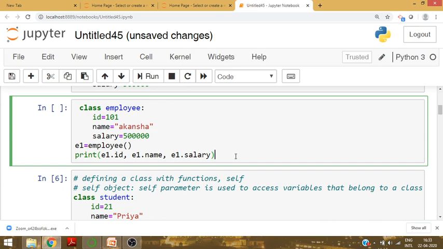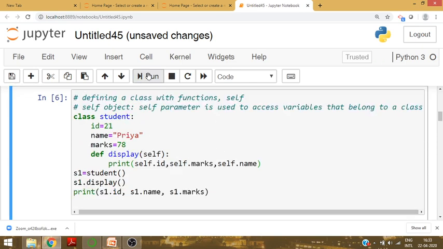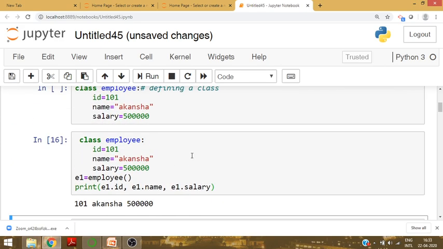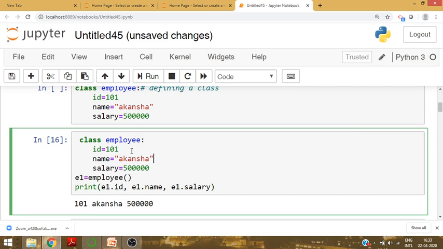And when we run, we will get the E1 dot ID: ID is 101, name is Akanksha and salary is this much.